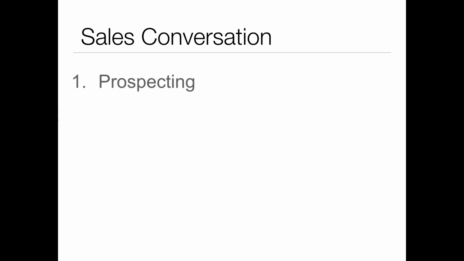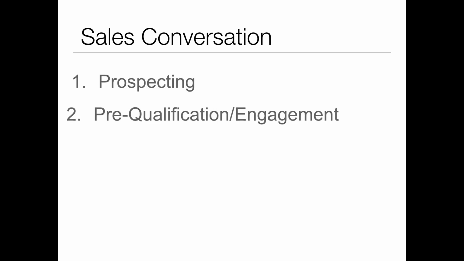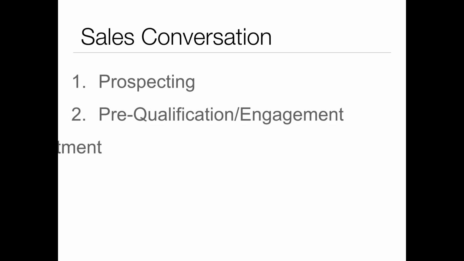Okay. So the sales conversation has 5 things. Number 1, most important thing in selling, and this is really your sales process, most important thing is prospecting. And we already talked a little bit about prospecting. We didn't talk about cold calling, but we talked about strategic alliances, we talked about networking, we talked about how to use a top 10 list. That's all part of prospecting, and there's other pieces of prospecting.